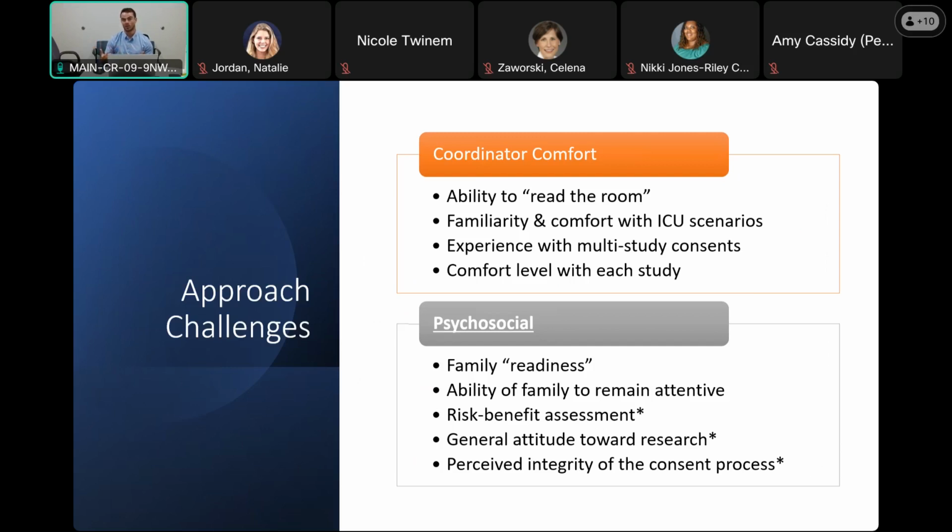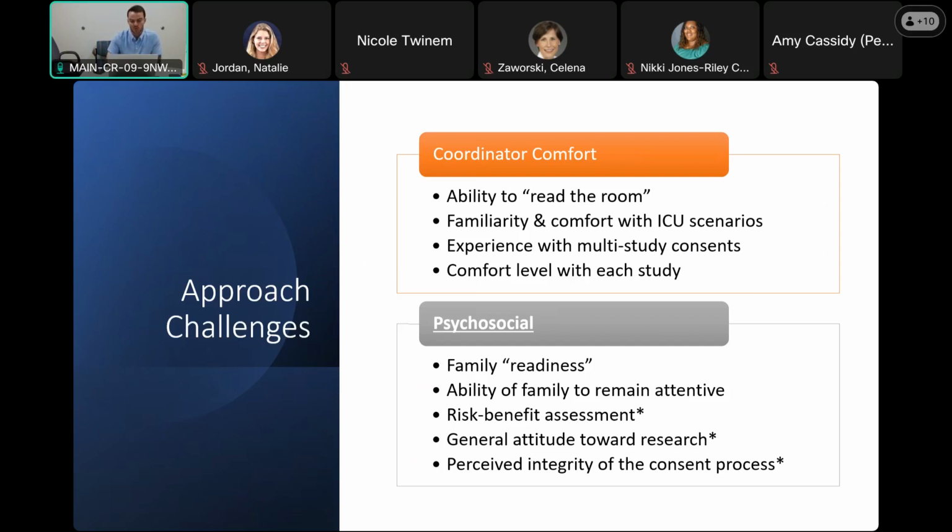But the family might be comfortable in that situation because their son or daughter might be a frequent visitor to the ICU, and so they know what all this is, and that might be a perfectly okay situation for them to actually talk to you. Other families might be experiencing anything like that for the first time, and they might just tell you, don't even talk to me right now. Or they might be okay with discussing research, but might want to leave the room and go somewhere a little bit more quiet.